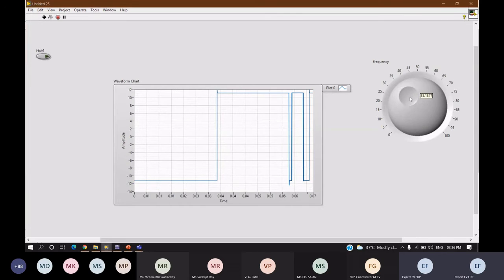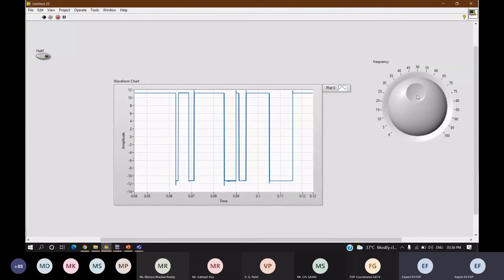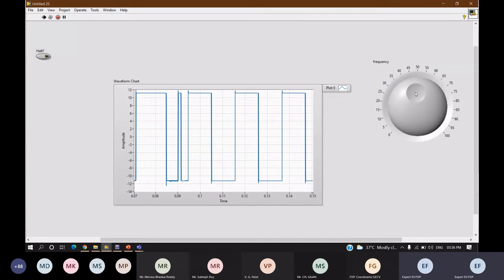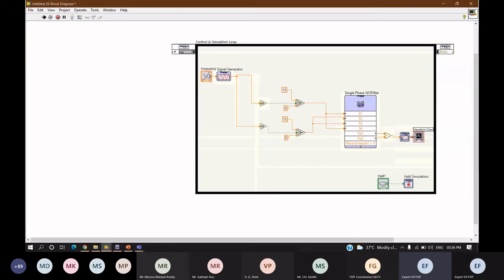The thing you can see is, if I vary the reference signal frequency, my output signal frequency also will vary. The use of this reference signal is just to provide what the output signal frequency should be. That's it. It is just to specify what the output AC signal's frequency should be.